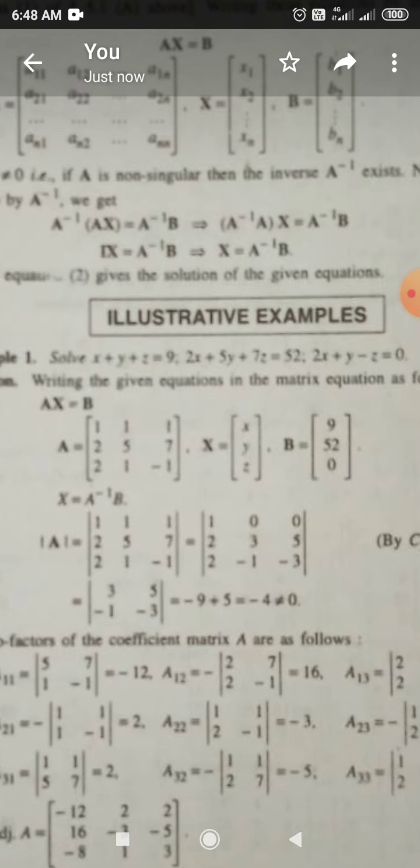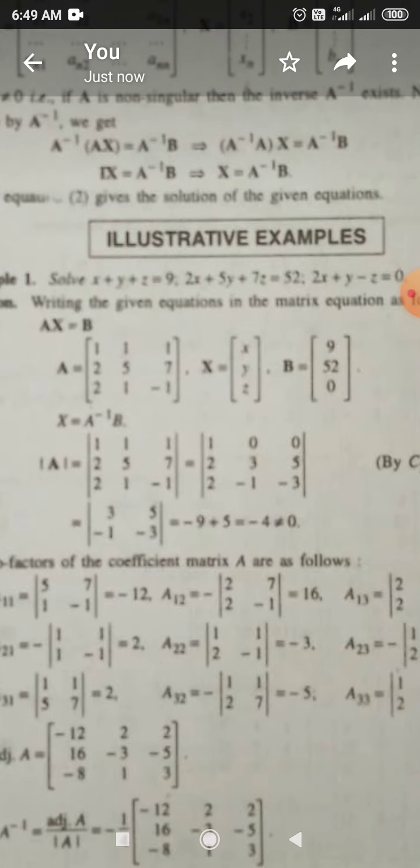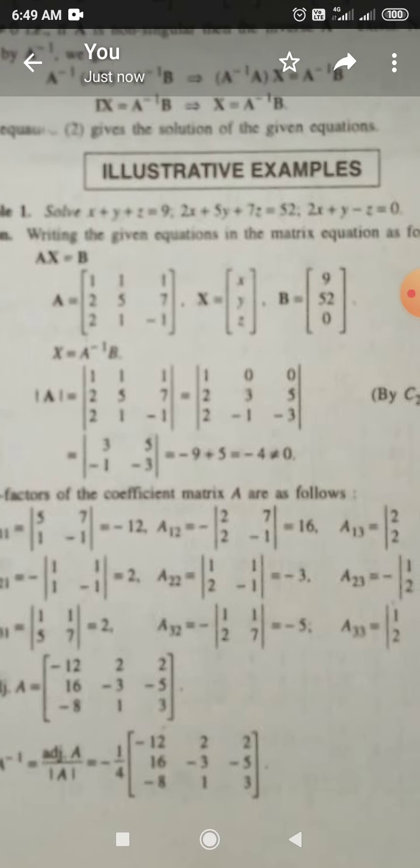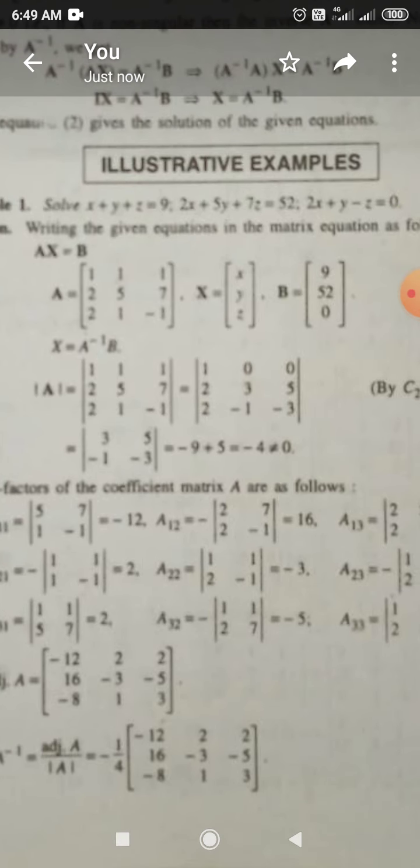Course Quantitative Technique, and the session of today is how to solve a system of linear equations with the help of matrices. So here is a system of linear equations. There are three equations given here. With the help of these three equations, you have to find the solution of this system of equations with the help of the matrix method.